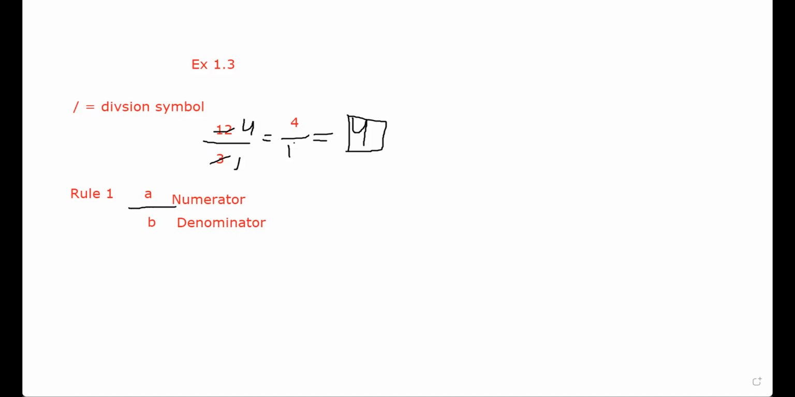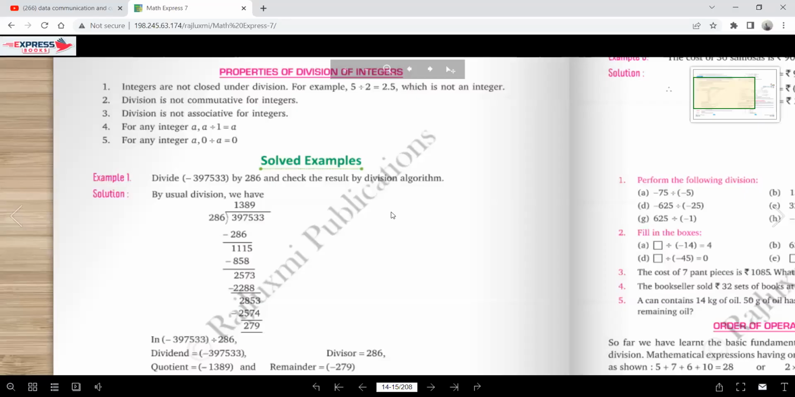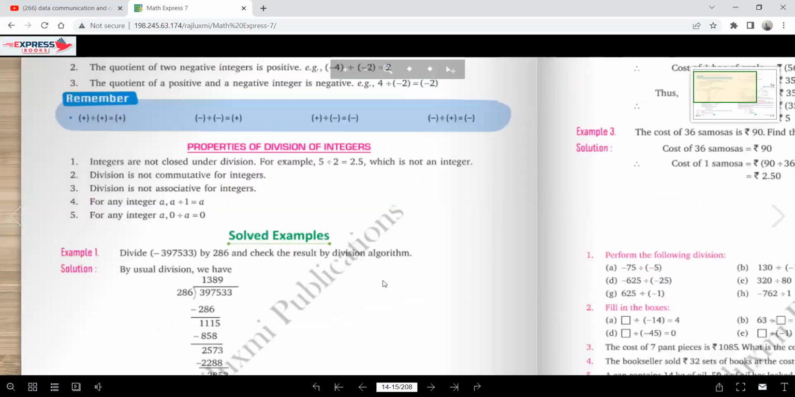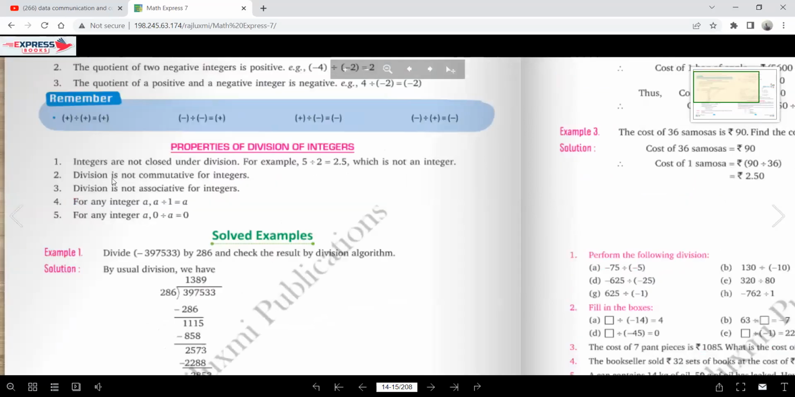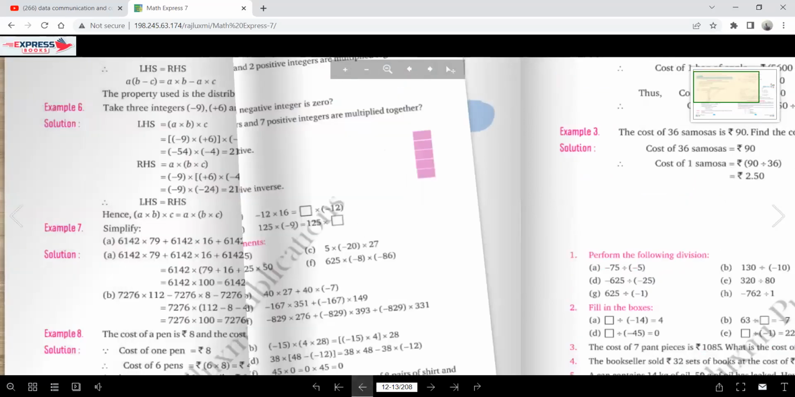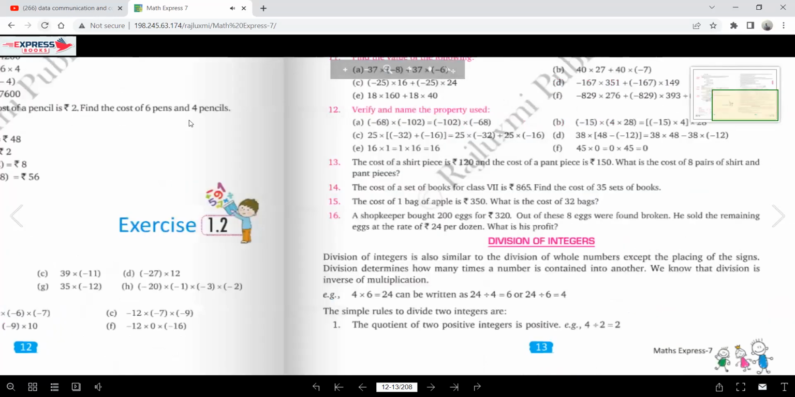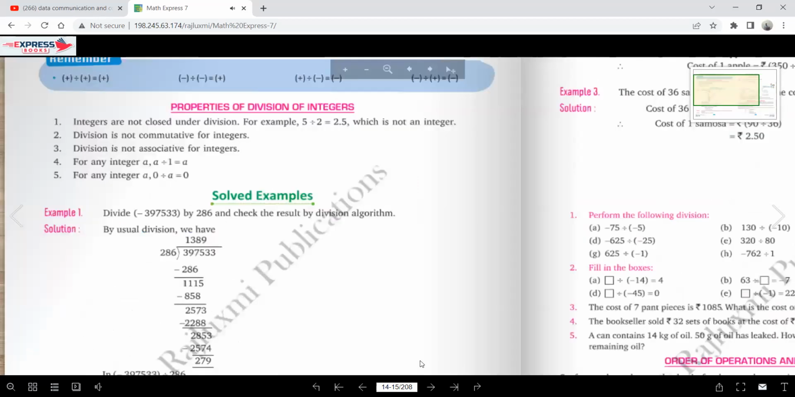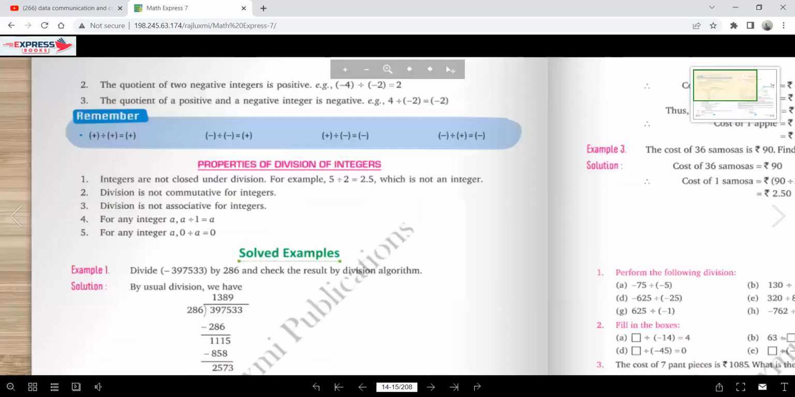My dear students, as you know, I'm sharing the screen with you. You have to remember a few rules. The rules are given in page number 14. The rule says that